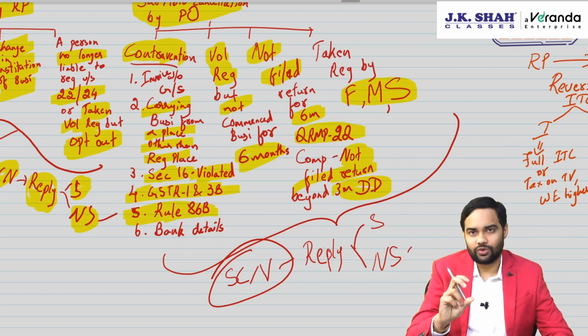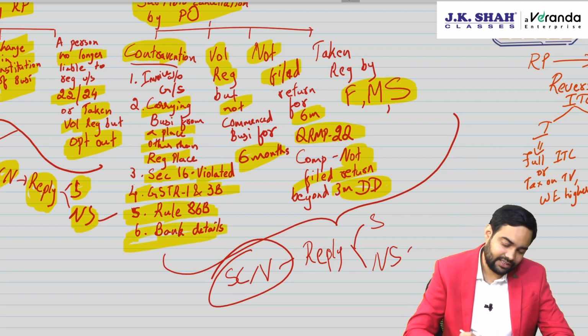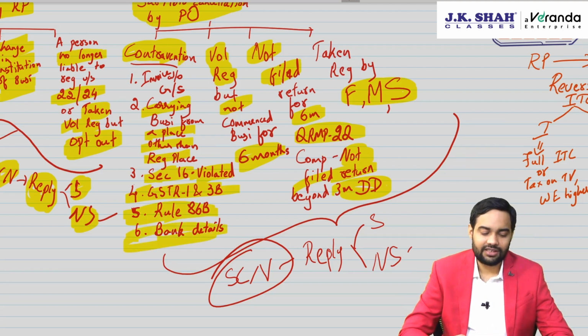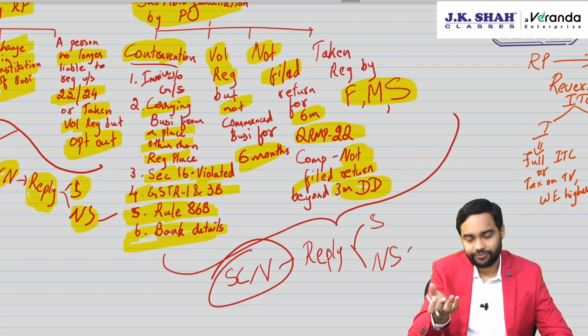1% you have to pay through e-cash. If you have not done that, and bank details not given on time, in all these cases, officer can cancel it. Plus one more additional case is, say suppose recipient,